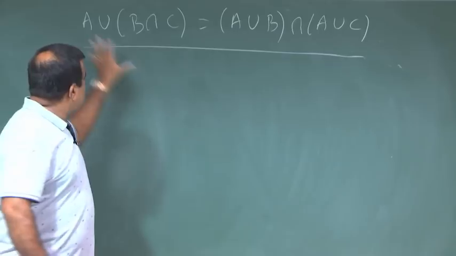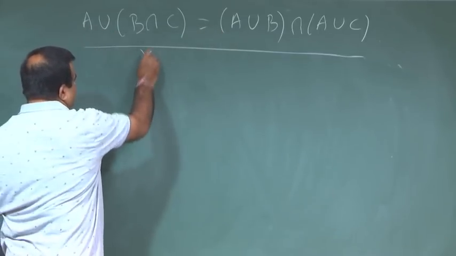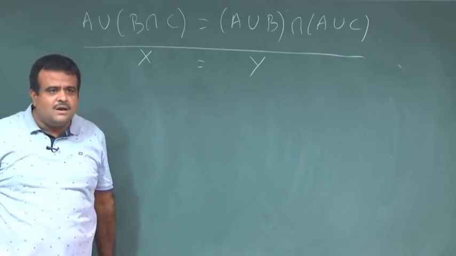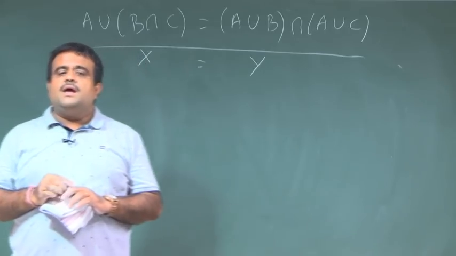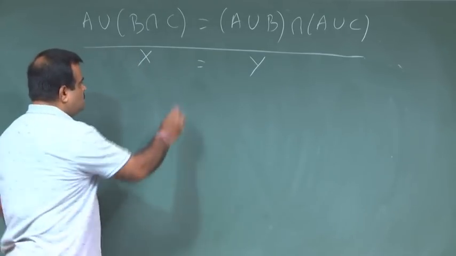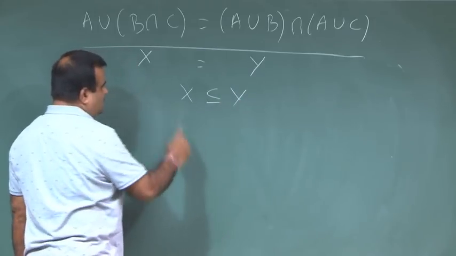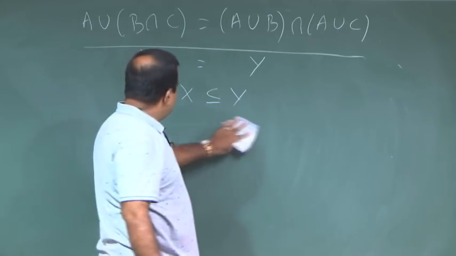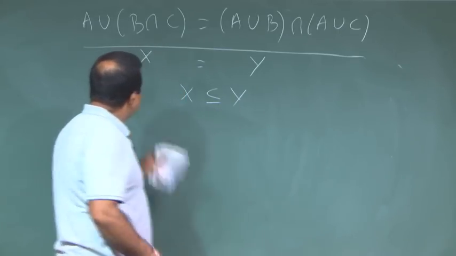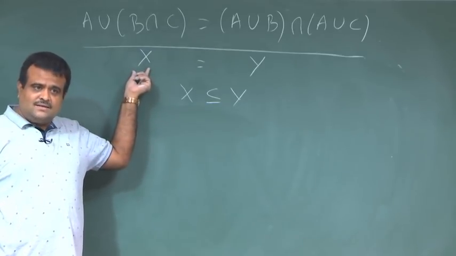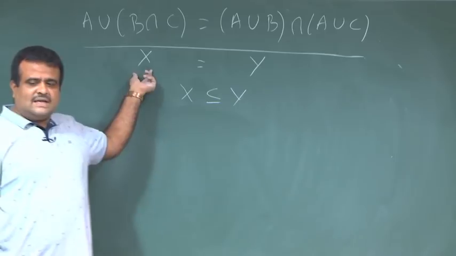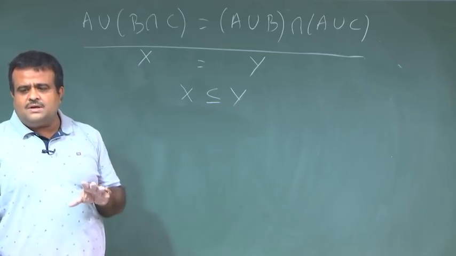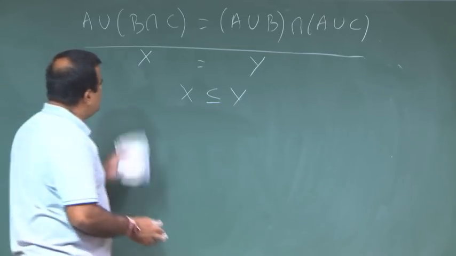Now we have two sets to prove equal. So, this is set x, this is set y. We have to prove x equal to y. So, how to prove that? We know two sets are equal if x is a subset of y, and y is a subset of x. First of all we have to see whether x is a subset of y or not, and if that is done, then we have to check whether y is a subset of x or not. So, let us try the first one. To see whether x is a subset of y, we need to take an arbitrary element of x and show that that element belongs to y. If this is true for all elements, then we get through. So, let us try that.